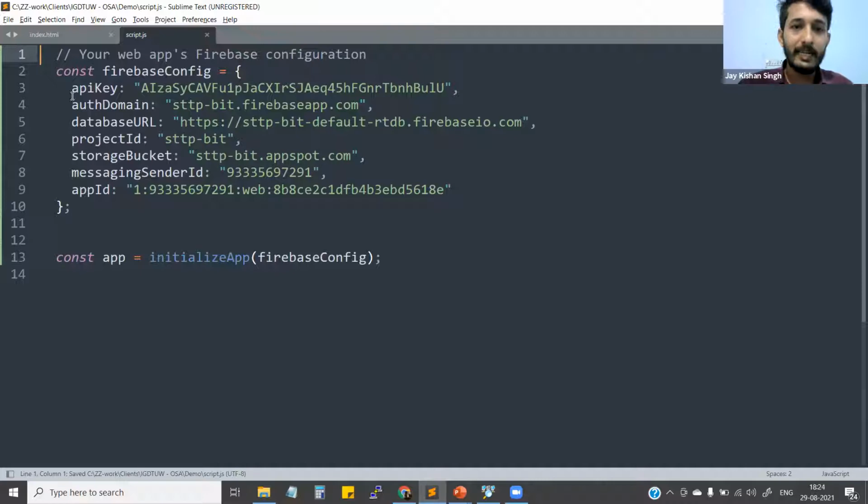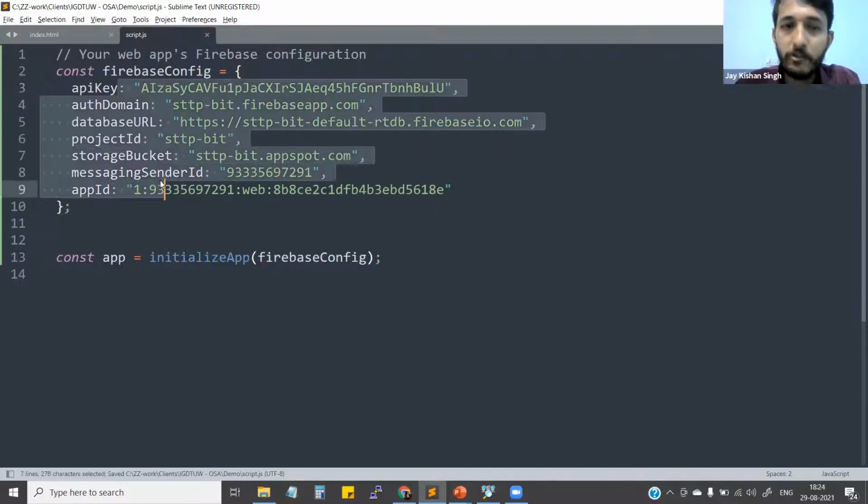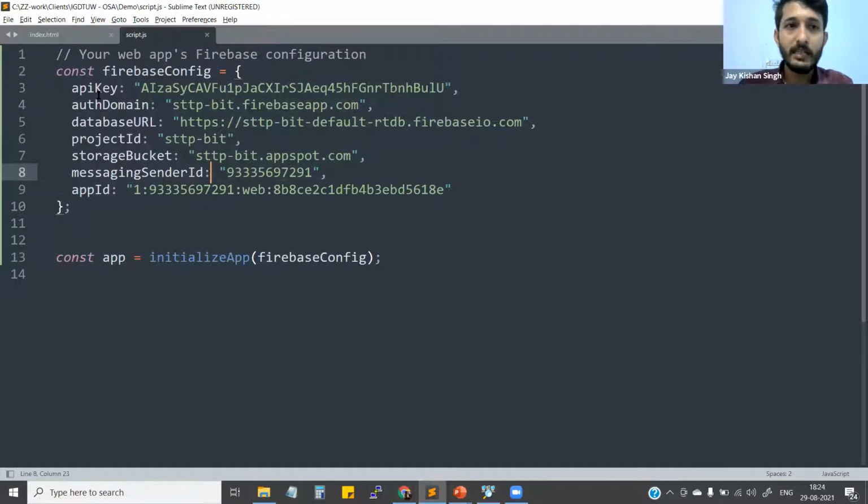See, again, these credentials may confuse you, but let me explain what these things are. This is the API key for our Firebase database, right? In general, you can understand it this way: everyone might be using Facebook. On Facebook, you enter your email ID or mobile number, and you enter your password. In the same way, when this web application is going to interact with the Firebase database, it needs this API key to validate that this is the page which is allowed to go there and make changes, right? So this is why we have this API key right there.